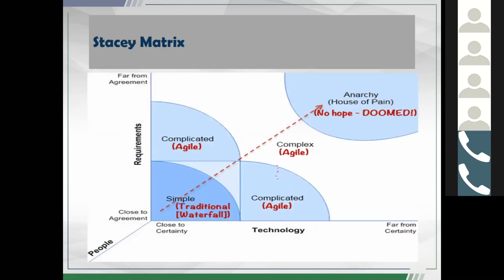So where does Agile fit in the larger scheme of things? Agile fits into this mid-tier here. Agile isn't a solution for everything, okay? So whether it's Scrum or XP or DSDM or Lean Software Development, they make sense in this particular area, this white area here. So they don't necessarily make sense in a very simple project. A very simple, straightforward project doesn't require iterations and replanning and embracing change, because we know exactly what we need and what we want, and it's very straightforward. So why would we embrace change in that